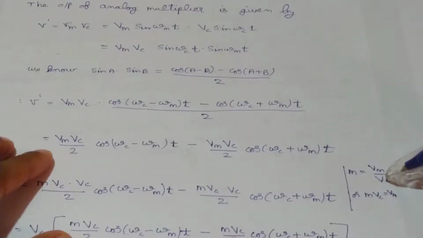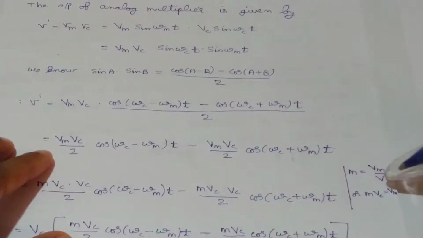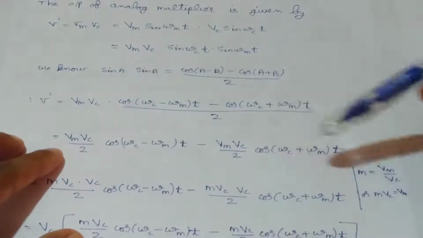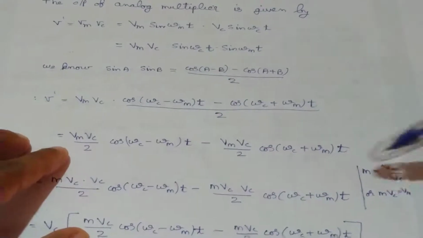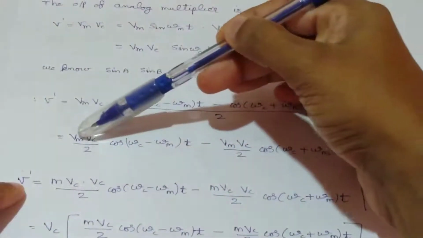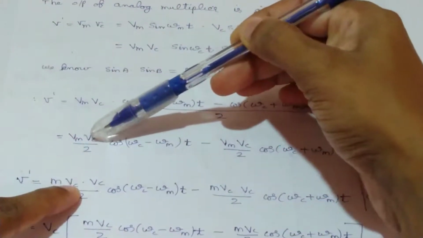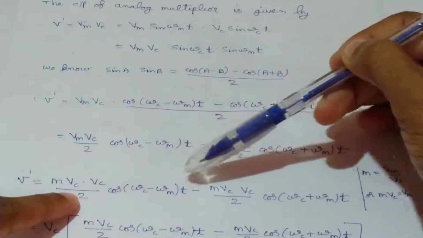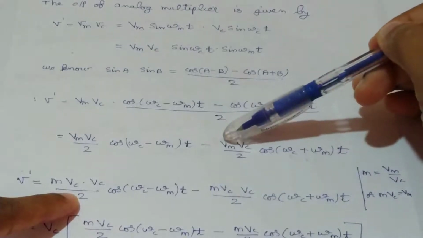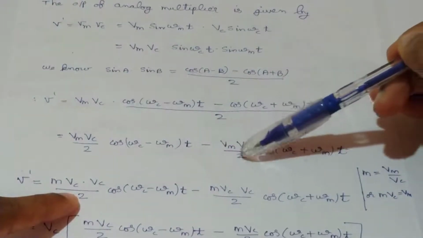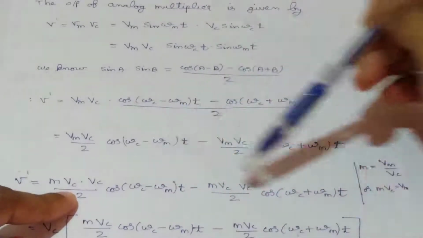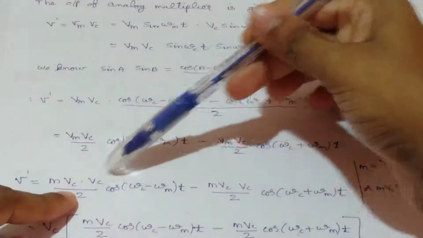And from this we can write Vm is equal to m into Vc. Then in this equation, for this Vm substitute m Vc. Then we will get V dash is equal to m Vc into Vc divided by 2 into cos(omega c minus omega m) into t minus m Vc into Vc divided by 2 into cos(omega c plus omega m) into t. Then from these two components we can take this common Vc outside